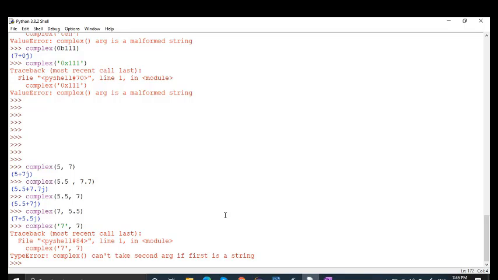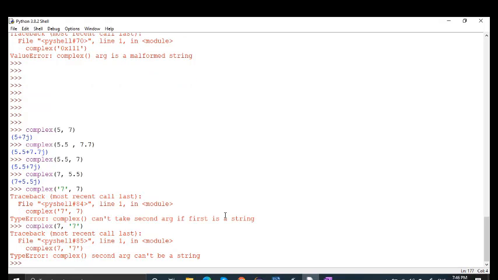If the first argument is string, it will not work with the second argument. Okay. So now you write complex where the first argument is integer and the second argument is string, right? So now you can see that the second argument cannot be string. Okay, so it will not work with two arguments. When there are two arguments, if any one of them is string, then it will not work.